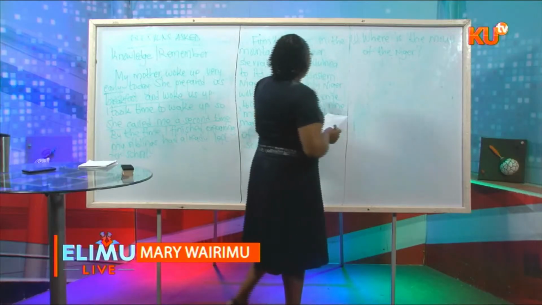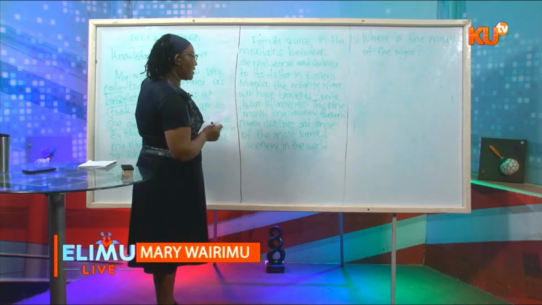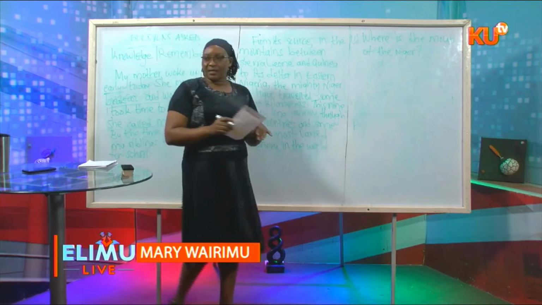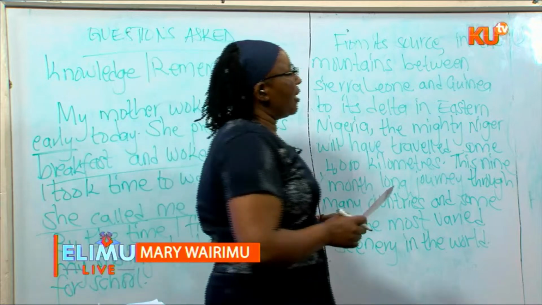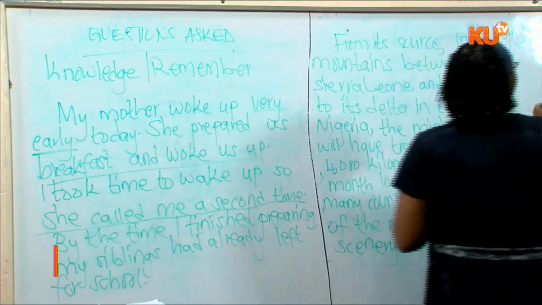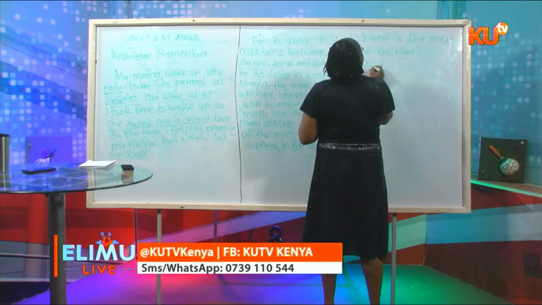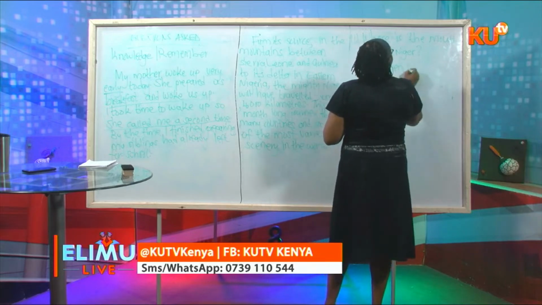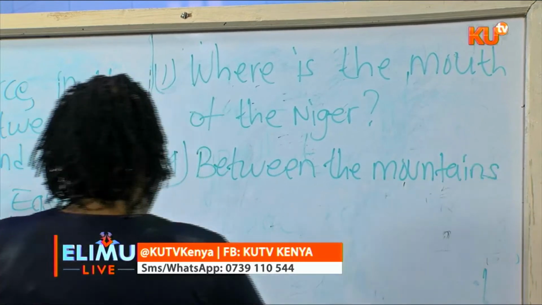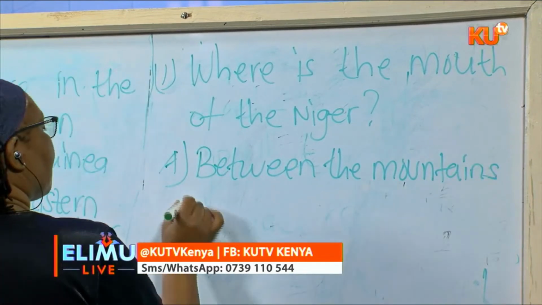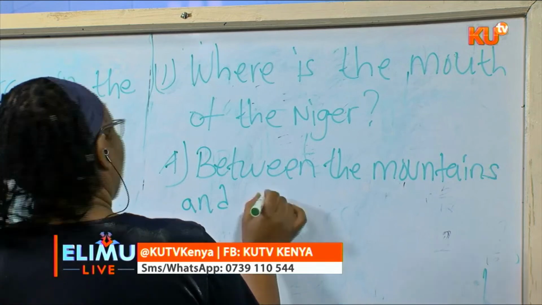You find that in this passage, you don't have anything like the word mouth. So, you must have known the meaning of the word mouth of a river so that you are able to answer this question correctly. So the choices may be between the mountains, and Guinea or Sierra Leone,